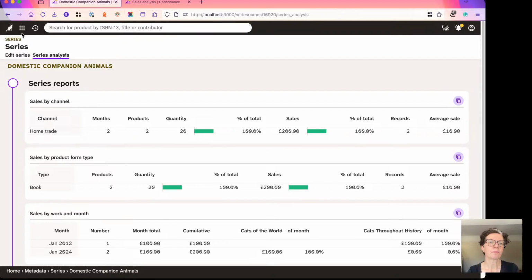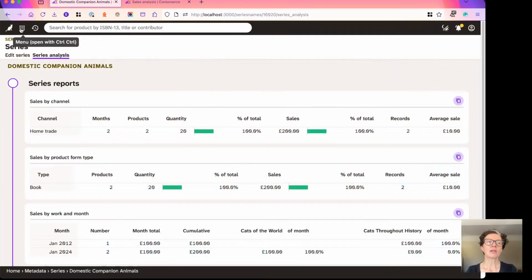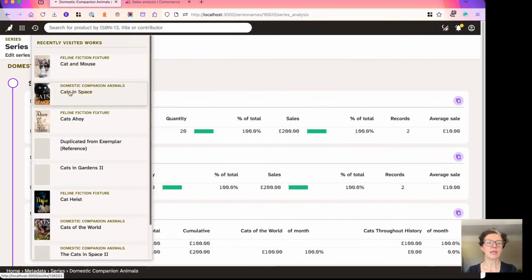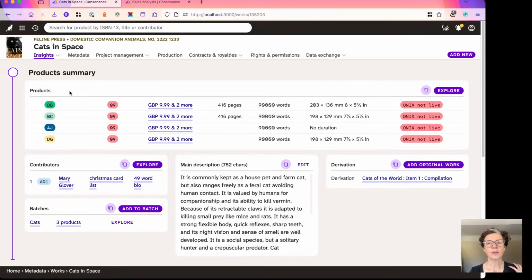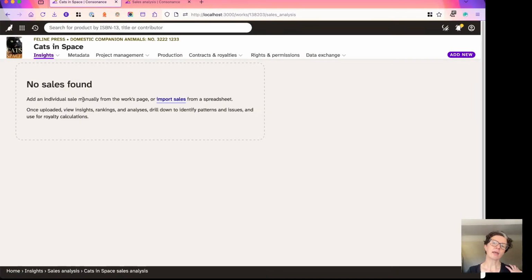All super. And then I promised you that we would be looking at the top level, but then we would be drilling down into the work level. So let's have a look at a particular work to see if there's any interesting information to do with analysis. So here we are on Cats in Space. I've navigated to it in the usual fashion. If we go to Insights, we've got a sales analysis button here at the work level now. So clicking here,